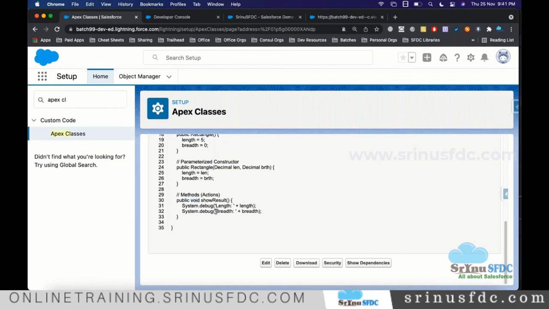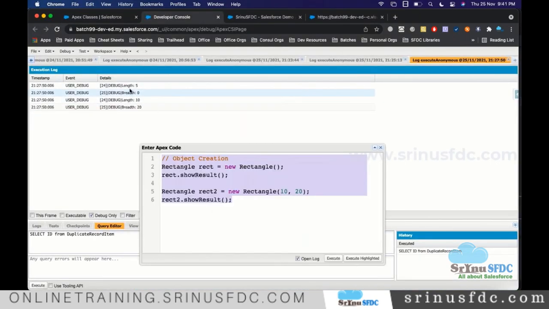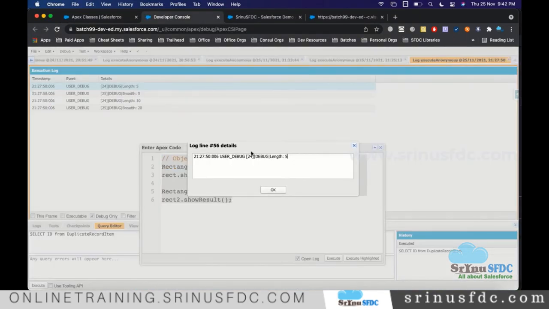So here this is a string. When it is printing in the debug log, how do you want to see it in the debug log? I want to see length colon space as it is, so that I can easily identify what exactly we are printing.